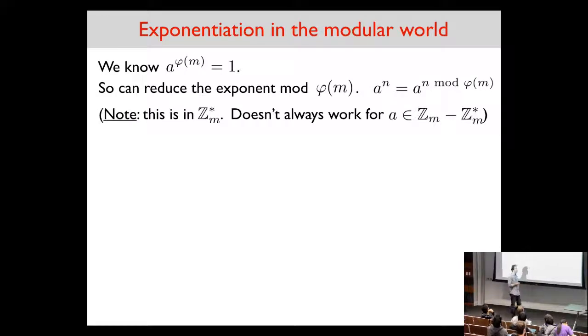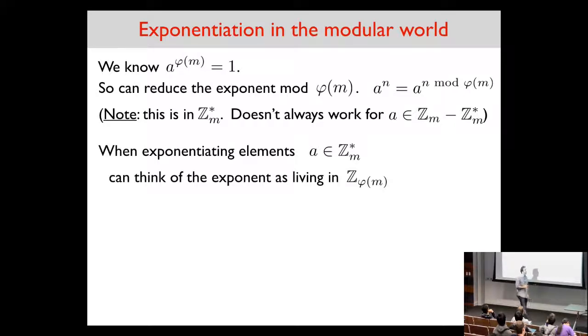Now, just notice here that this is when we're working in Zm star. It doesn't always work for an element a that is not in Zm star, so that's something to keep in mind. But if your universe is Zm star, this is true. So what that means is, when you live in this universe Zm star and you're exponentiating elements, you can